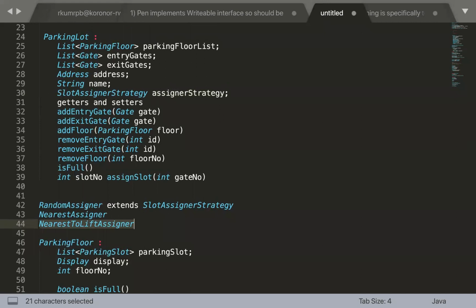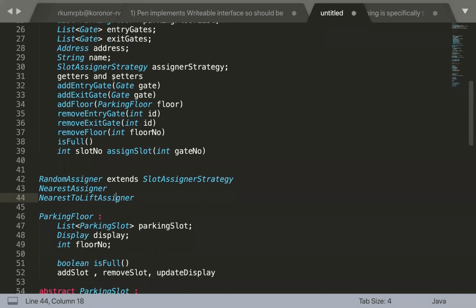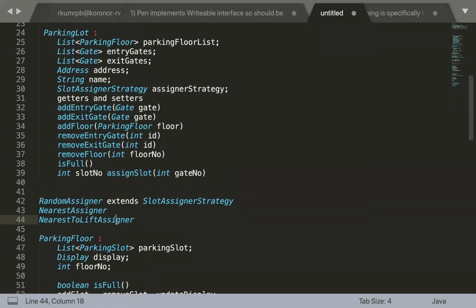And for each change, we are not going to make an actual change in the parking lot. The parking lot is going to remain the same. If I need a new strategy, you didn't know that a requirement like the lift one could come, right? And when you receive this requirement, you will create a new strategy. You are just going to inject that strategy there and it will flawlessly work. You don't need to change anything. But if this is not implemented, then you need to make changes in your parking lot class, right?